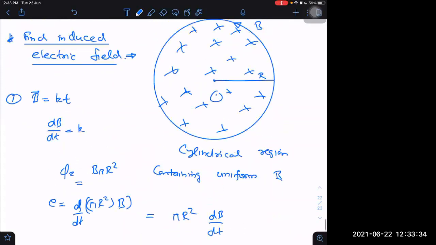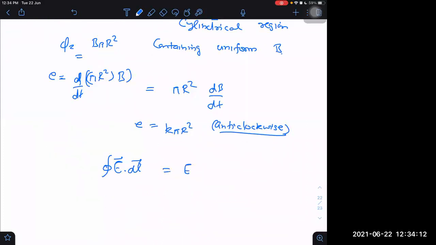But common sense tells us that if it has to induce some electric field, is the electric field magnitude the same at every point on the tangent to the cylinder or not? Why would it be the same? Because of symmetry, it will be the same in direction. If it is the same in direction, then don't you think I can simply take the magnitude of E into dl into cos 0, because dl is also in the same direction? The dl vector will also be this side and E is also on the same side. Then I can simply take the integral of E into dl into cos 0 degrees.